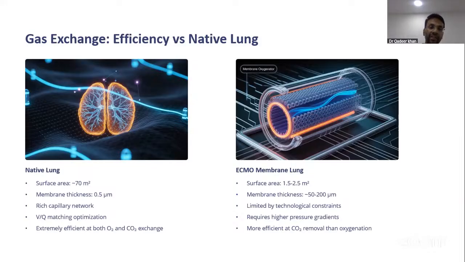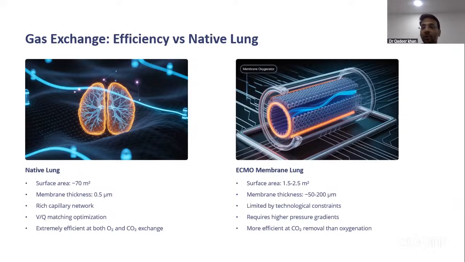Native lung is extremely efficient in maintaining both oxygenation and carbon dioxide removal. In this one, oxygenation depends mainly on blood flow and the sweep gas, while CO2 is more easily washable and diffusible. So CO2 washout is faster than improving the oxygen. And we all know that we don't target higher oxygenation in